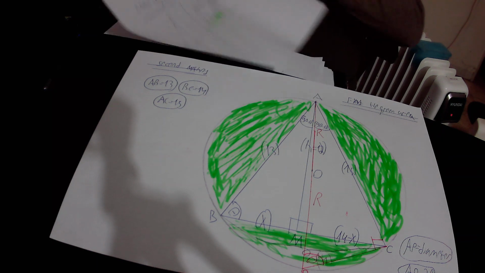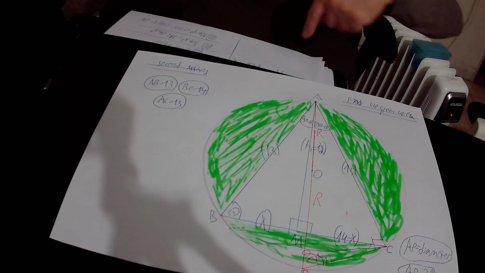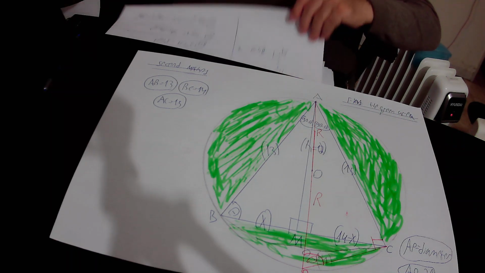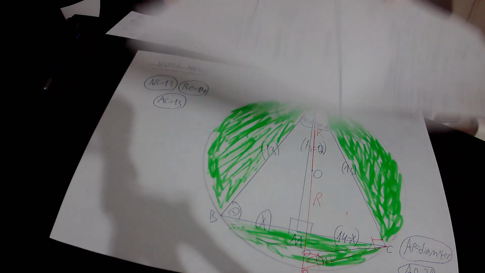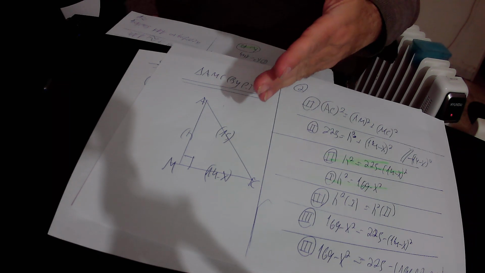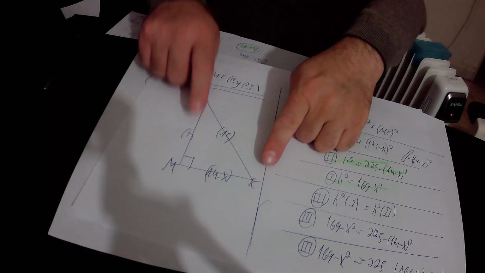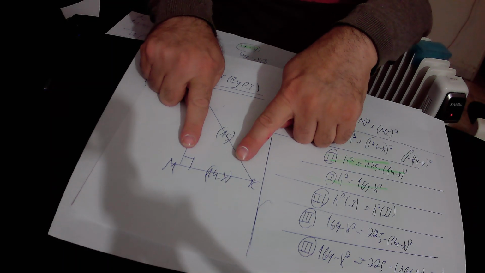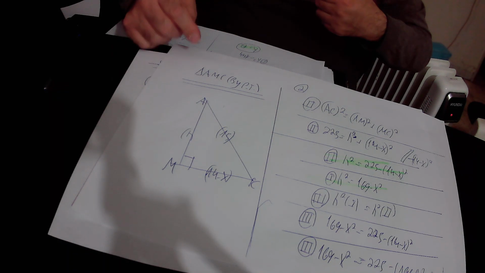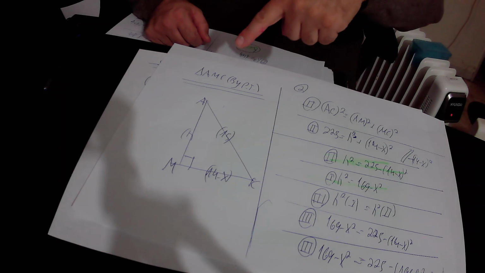Then I copied the right triangle AMC in a new page, and we implemented the Pythagoras theorem in this right triangle. This is the right triangle AMC that I copied from the original drawing. AC equals 15 units according to what is given in the question. MC equals 14 minus X according to what we have already found out, and AM equals H according to our definition. In the right triangle AMC, according to the Pythagoras theorem, AC squared equals AM squared